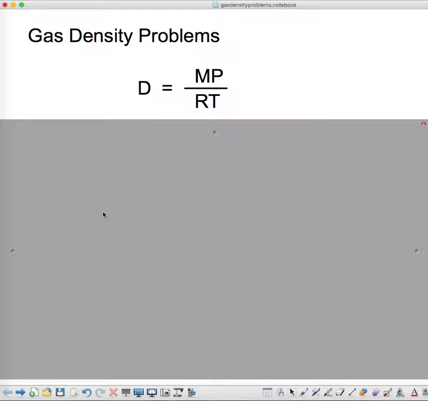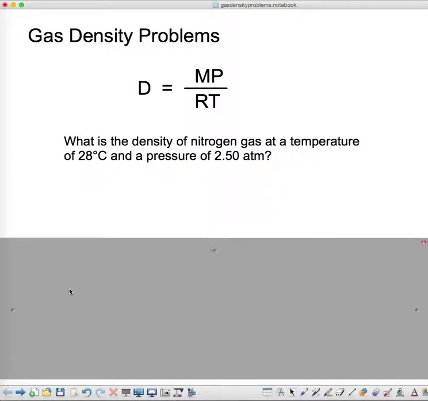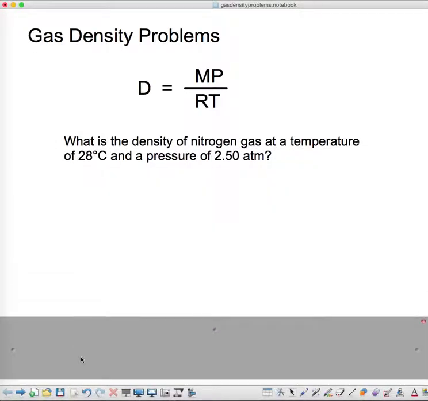You don't need to know where this came from, but if you're curious, the derivation is given in your textbook. Here's an example of a simple problem. What is the density of nitrogen gas at a temperature of 28 degrees Celsius and a pressure of 2.50 atmospheres? Well, since we're asked to find the density, we don't need to do any algebraic manipulation. Since the equation already has density isolated, we'll simply need to plug in values for the molar mass, the pressure,